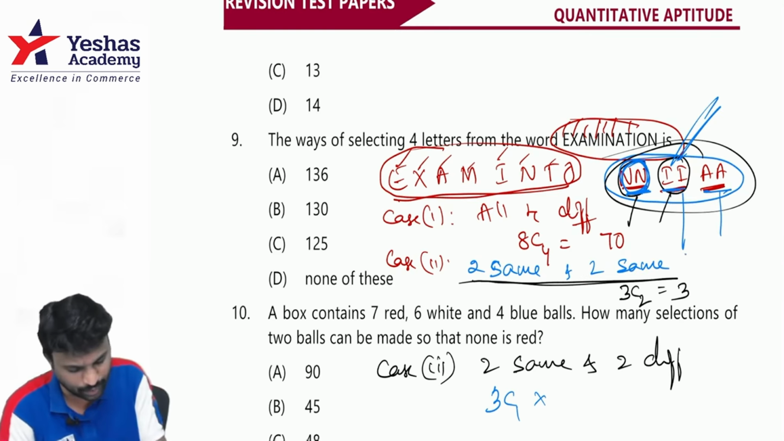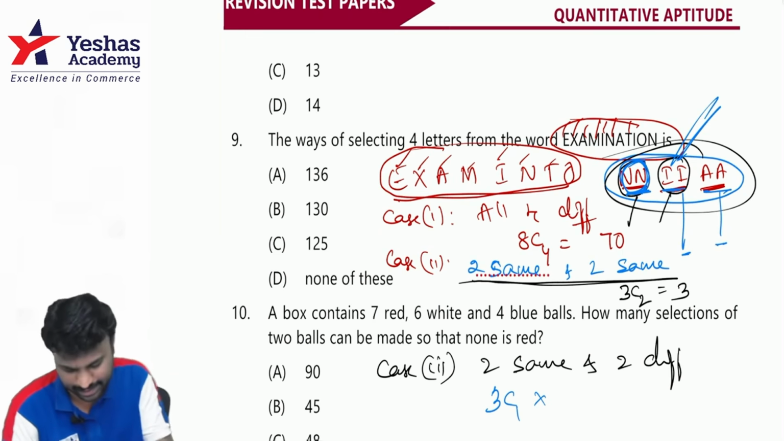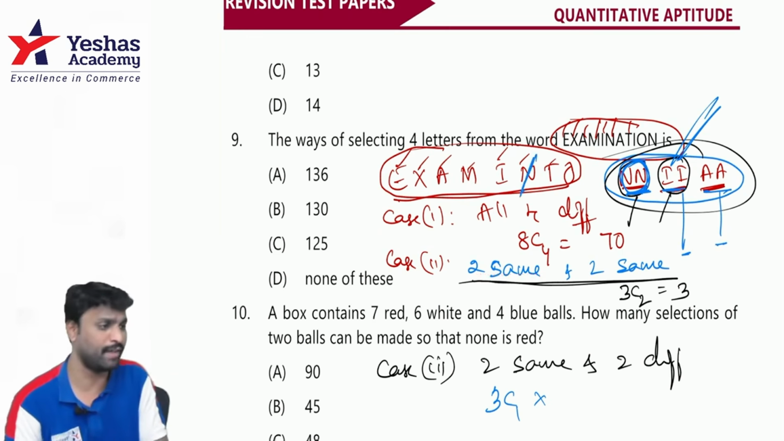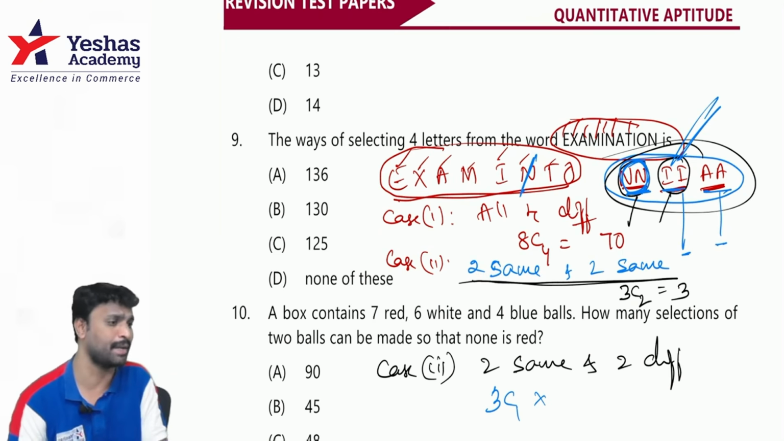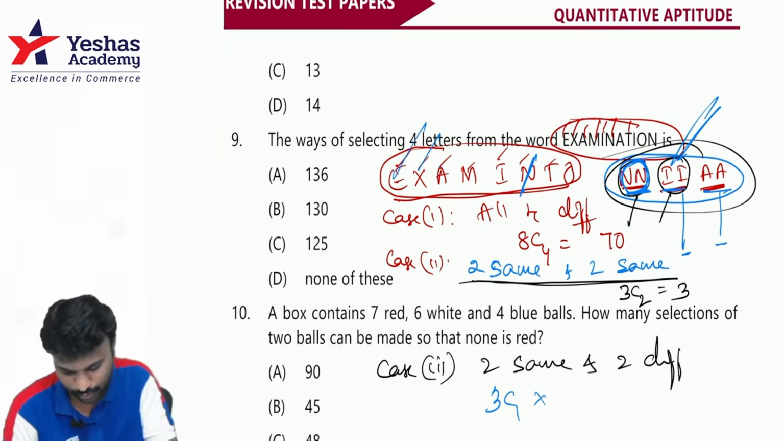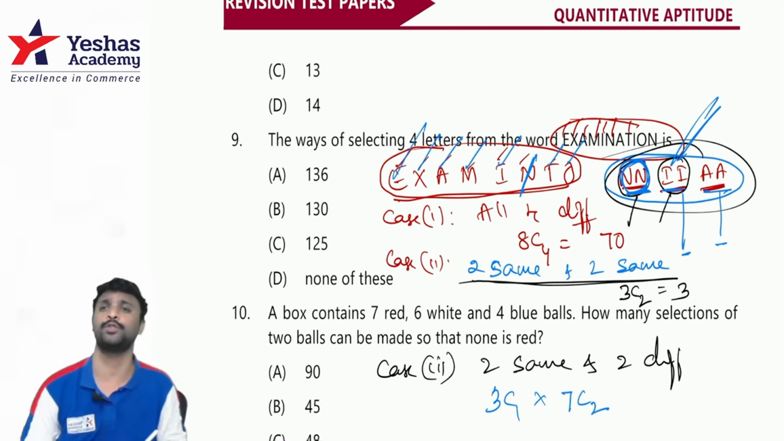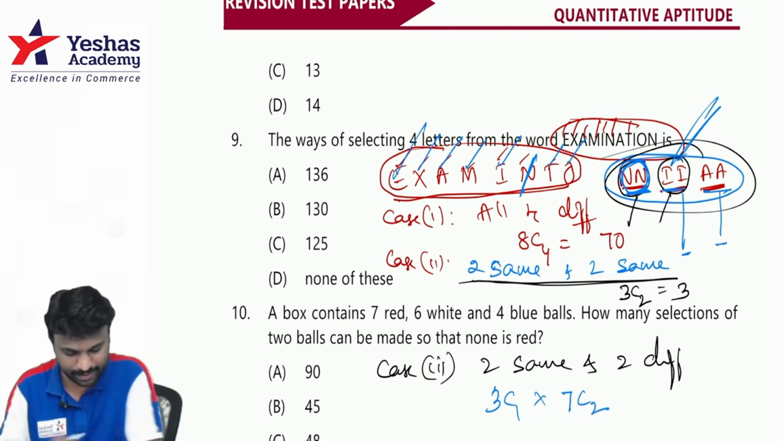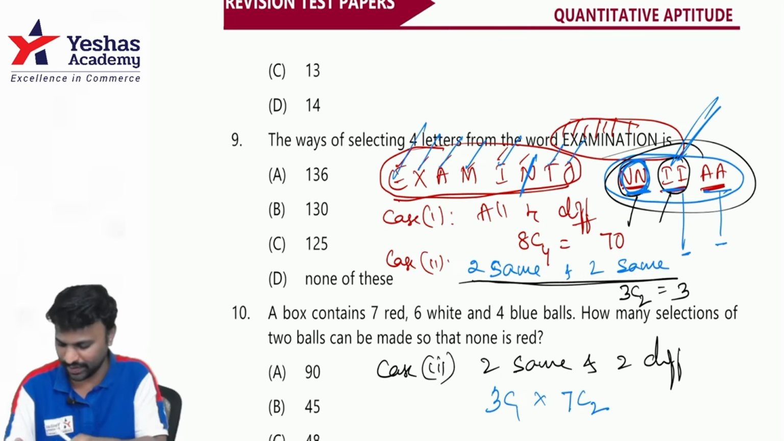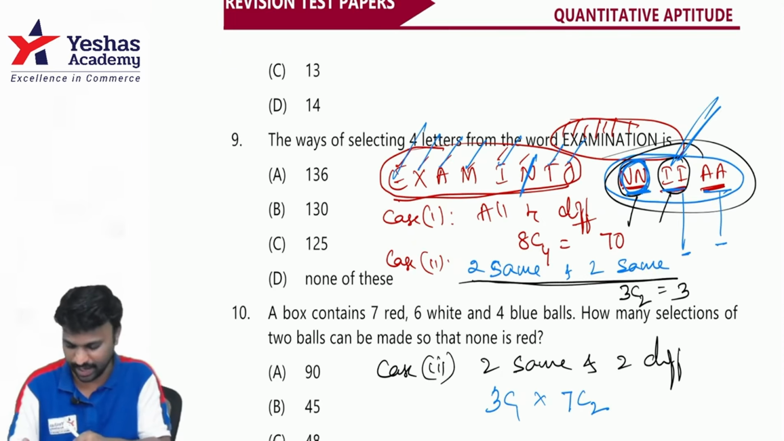So that means 2 different letters are remaining. So that means let's say I have chosen N, okay. If I have chosen N, so how many distinct letters are remaining? 1, 2, 3, 4, 5, 6 and 7 distinct letters are remaining. From those 7 distinct letters, I'm supposed to choose how many? 2. So that means 3C1 is 3, 7C2 is 7 into 6 divided by 2, which is 21, into 3,